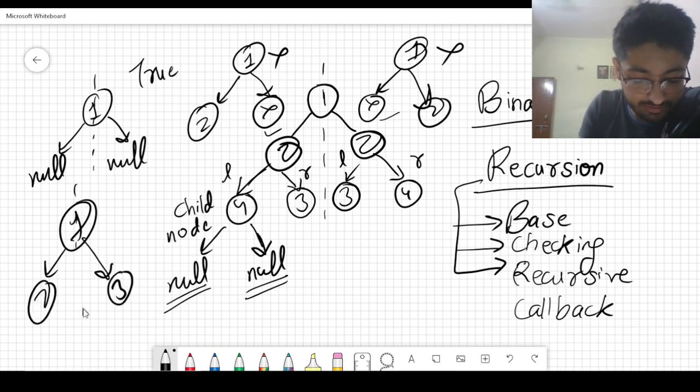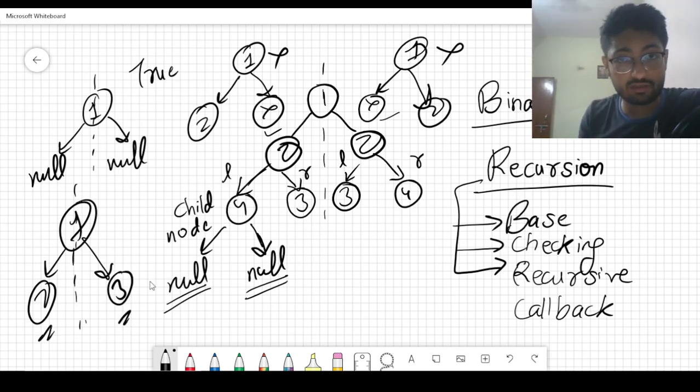Then this is also not symmetrical because the left half has the value 2 and the right half has the value 3. So I hope you get the point. These are the 3 conditions in which we are telling that this is not a symmetrical tree. Okay, and the recursive callback function here is, we have to somehow call this function again, following the condition that